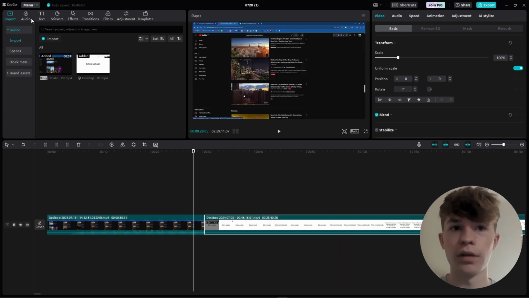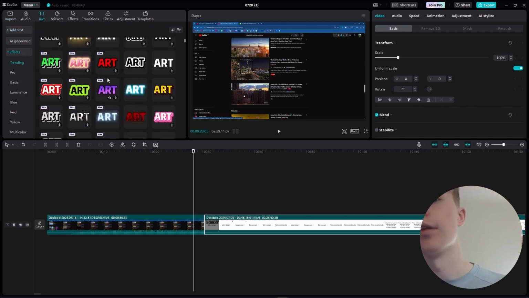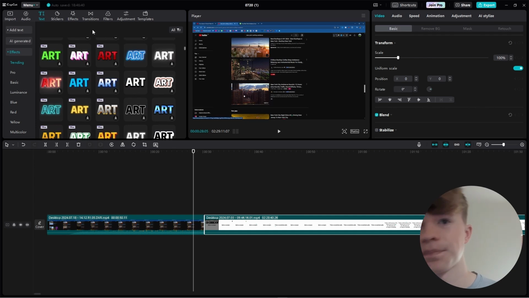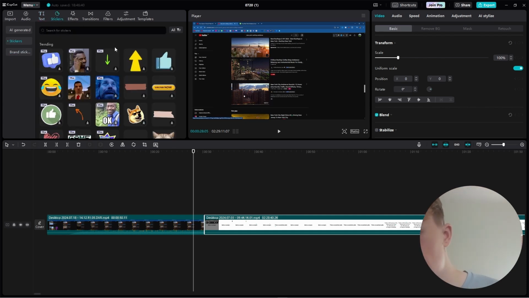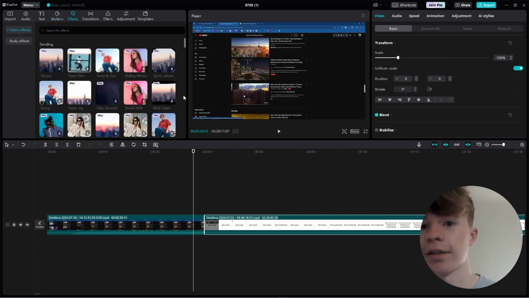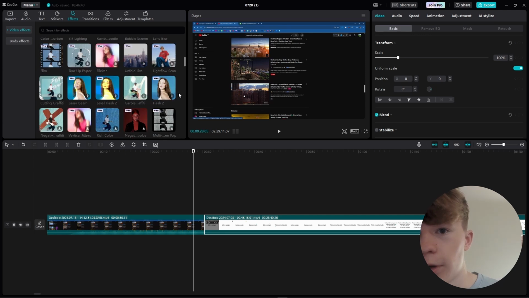Now, they've also got lots of features up here, for example, text. You've got loads of text over here. Look at all these different designs. You've got stickers that you can add on. Oh, you've got memes now. I've not used this software in ages, so there's new things. You've got effects, like little, let's find one that isn't pro. You do have to,